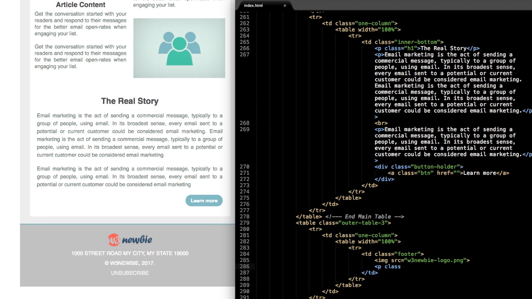So we'll have this as p class equals footer. And then we'll start with the first line of text, which is 1000 Street Road, my city, comma, my state, and then the zip code